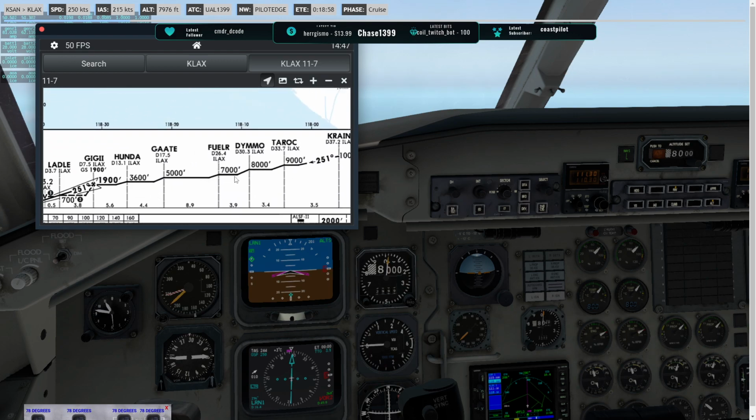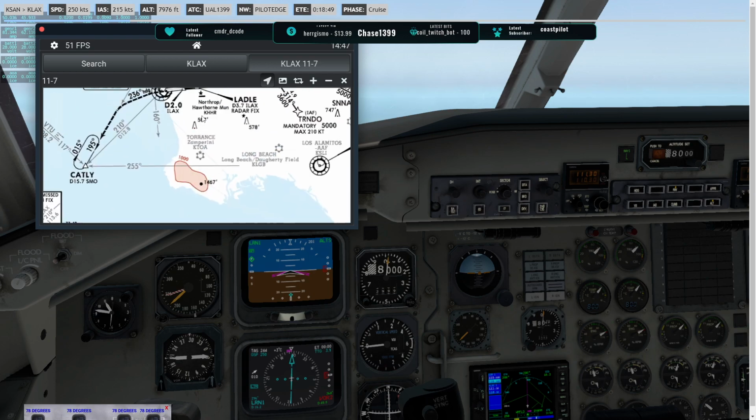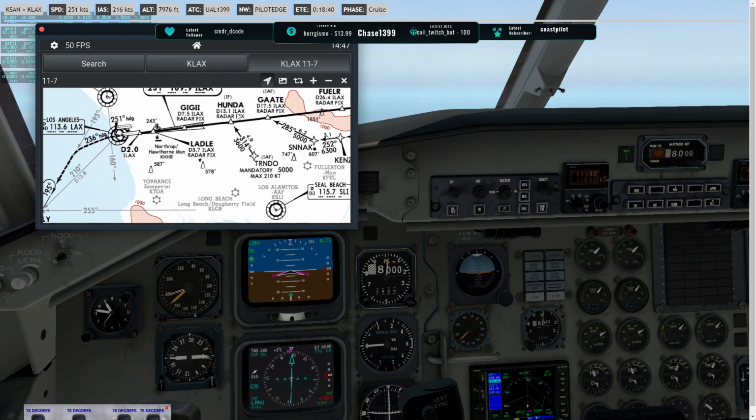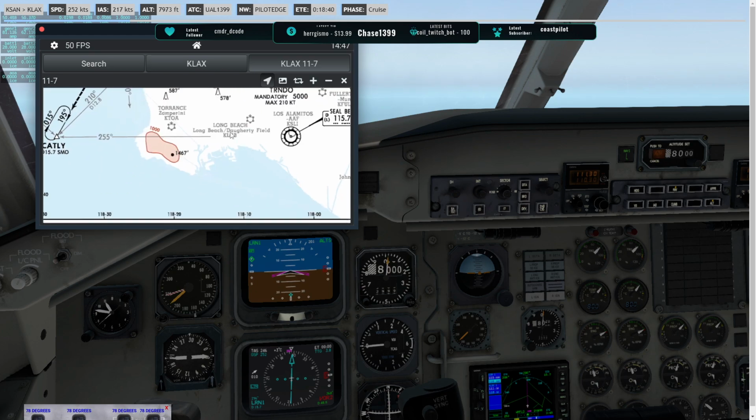So fueler is 7,000. What am I looking at? I'm going backwards. I need GG